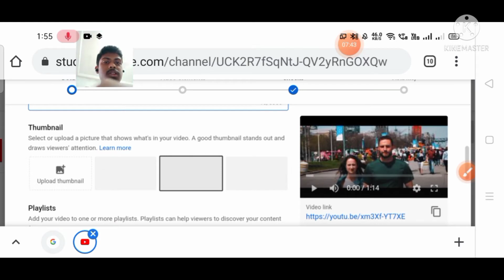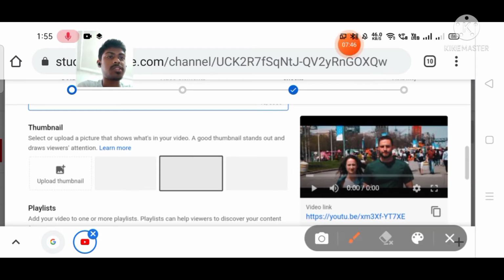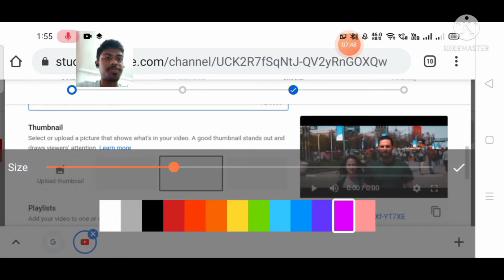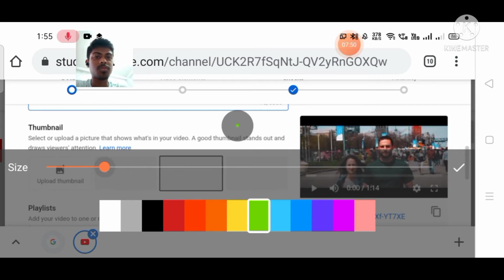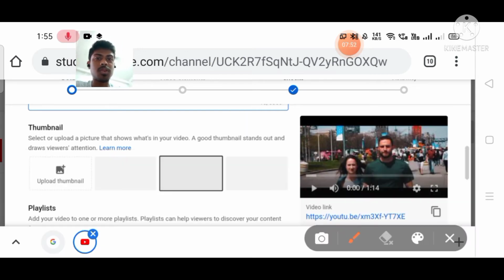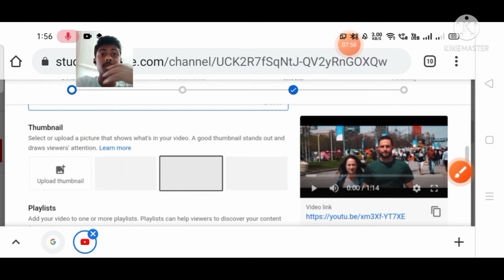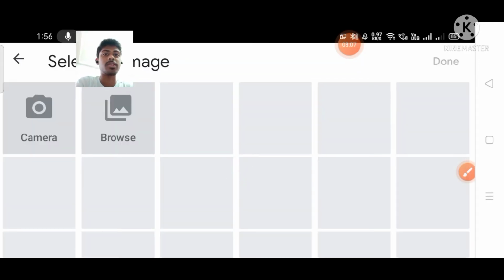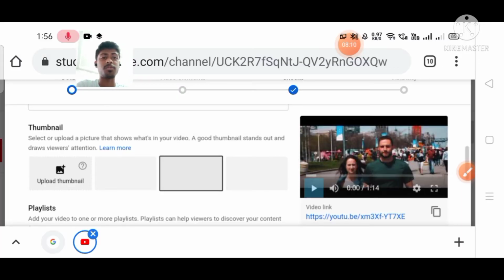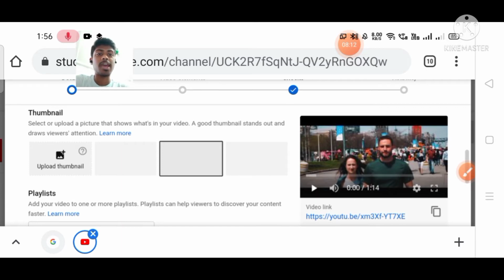Here at this place, you can add the thumbnail. If you have a pre-designed, pre-edited thumbnail in your file gallery or anywhere in your folders, you can click on upload thumbnail and it will open your files from where you can choose your thumbnail.